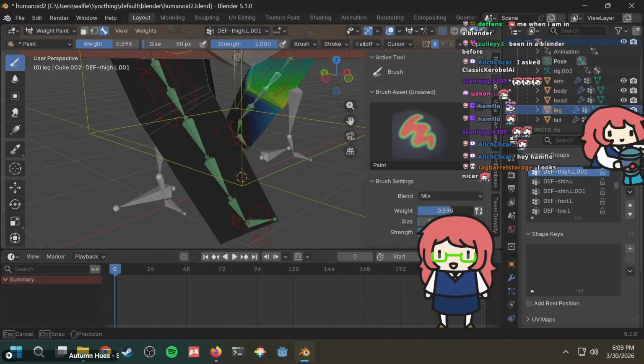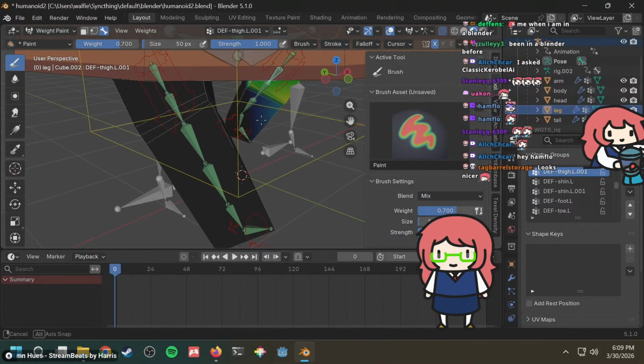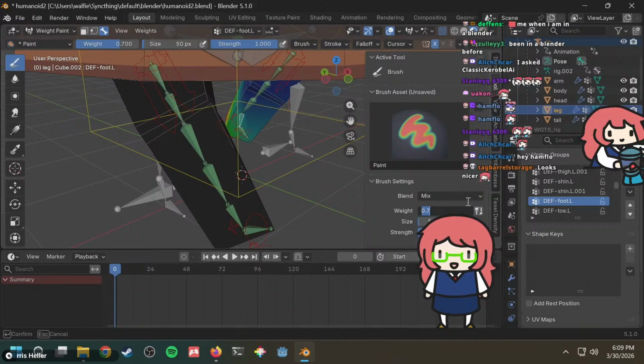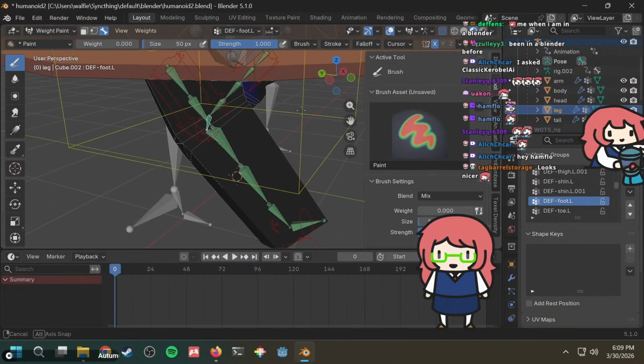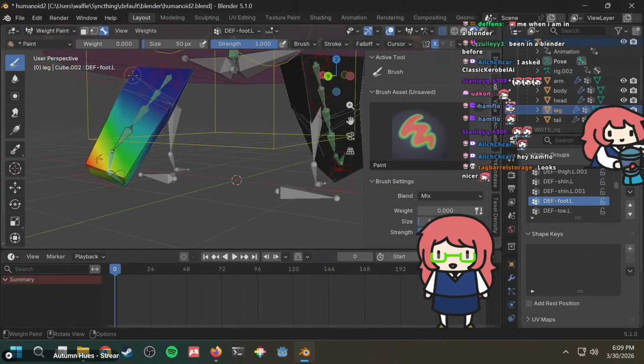Maybe this one needs 0.7 control over that. Maybe, hold on, maybe the problem is actually that this bone should have no control. Should be 0, right? These should be 0 for this bone specifically. And maybe also no control over these.